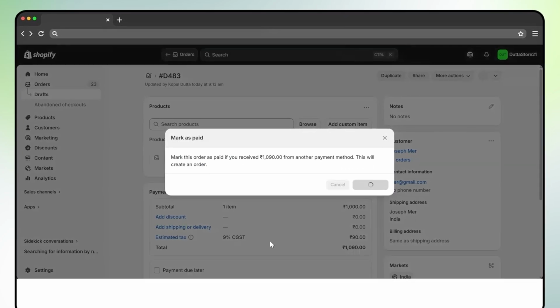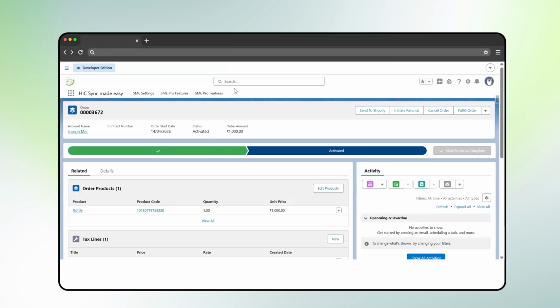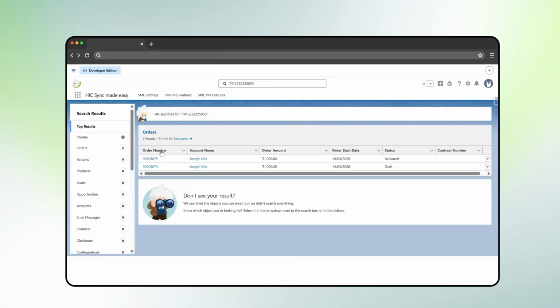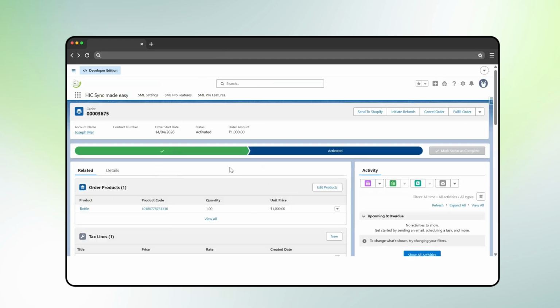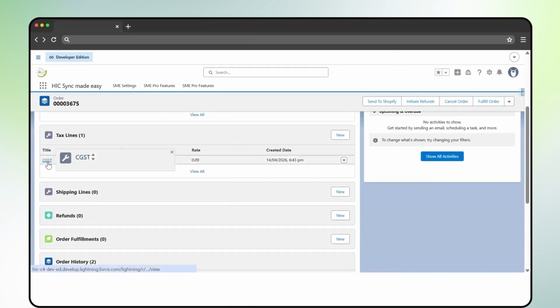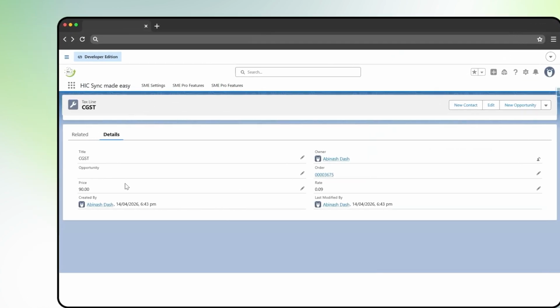Once the order is created, copy the Shopify order ID. Now, return to Salesforce, and search for the order using the Shopify order ID. After the order is synced, open the Salesforce order record. Go to the Related section, where you will find the tax line record automatically created. Open the tax line record to verify that the tax amount and tax rate have been successfully synced from Shopify